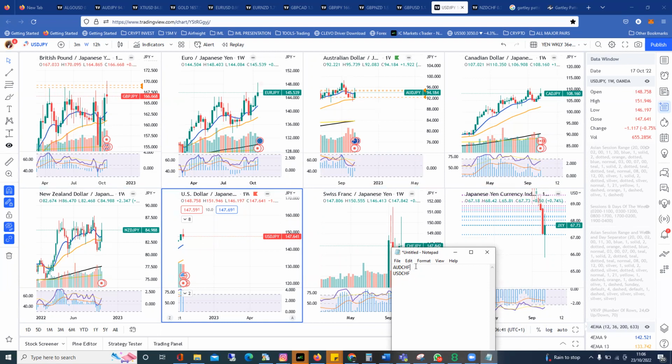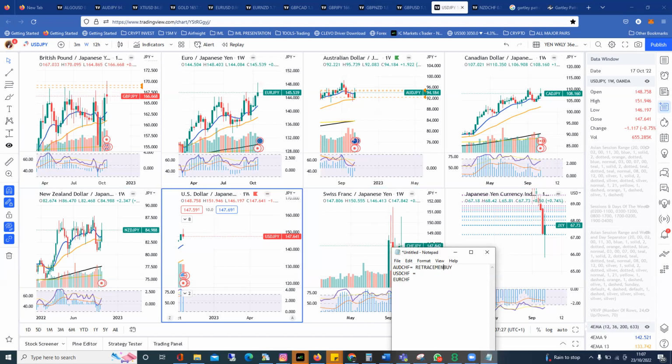So Aussie Swiss, the reason why we look at Aussie Swiss is because it's far away from the 12 EMA and price might retrace back to it. The reason why we talked about dollar Swiss is because it's at the 633 EMA, it's an oversold region, and obviously the price can retrace back to it. Then we talked about another one that has actually moved above the 12 EMA, and that is Euro Swiss. And this is with me now looking back at the charts. I can say equally, if I want to look at Swiss pairs, I'm looking at Aussie Swiss for continuing retracement buy opportunity. Just to recap,